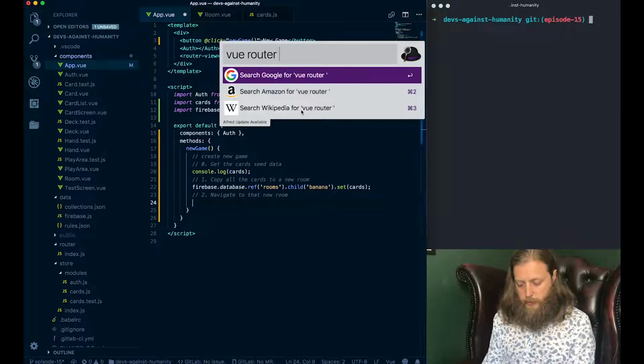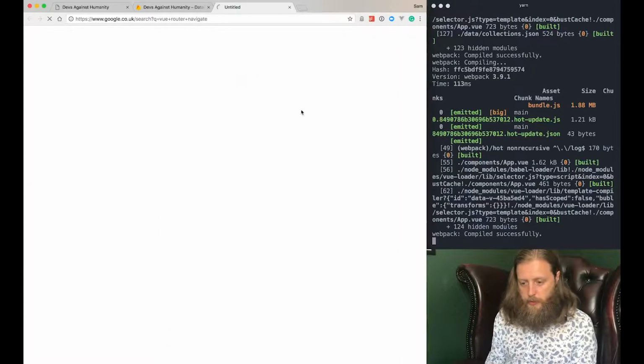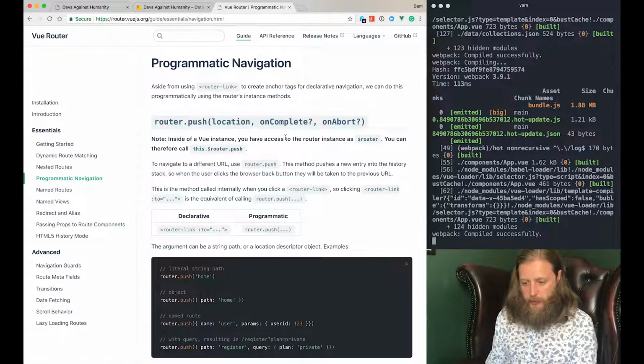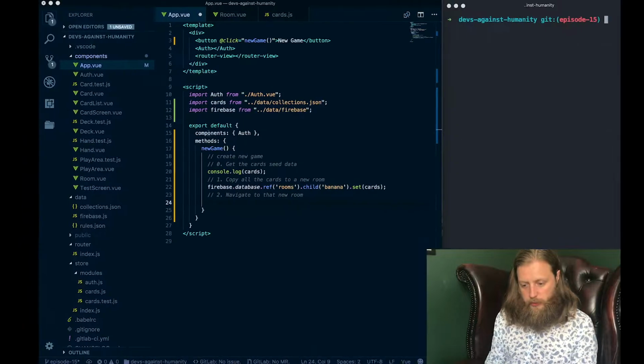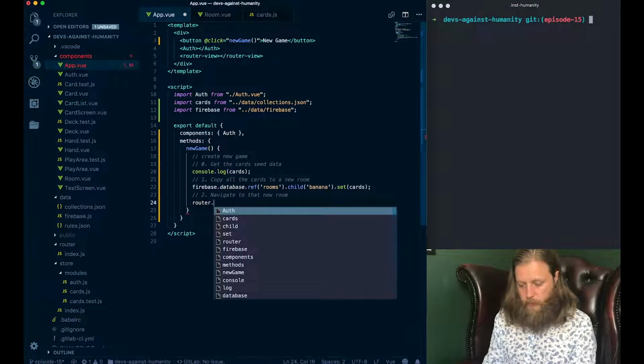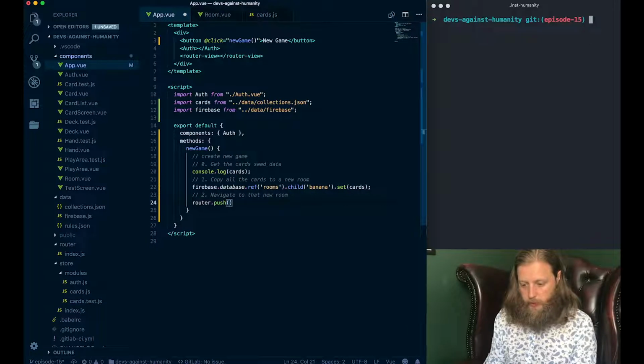Vue router navigate. I don't know, I can't remember how you do it. Everything's always just a Google away. Programmatic navigation, this is what we want. Router.push. So router.push. I need to build that up with root. In fact, let me just